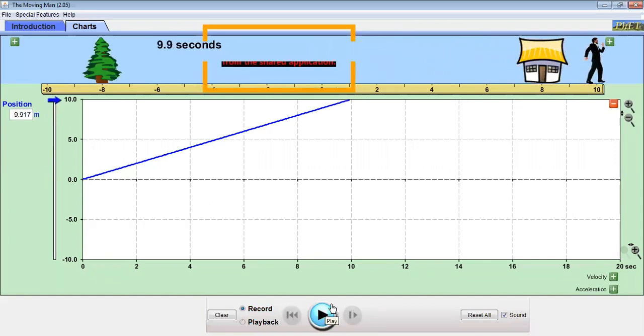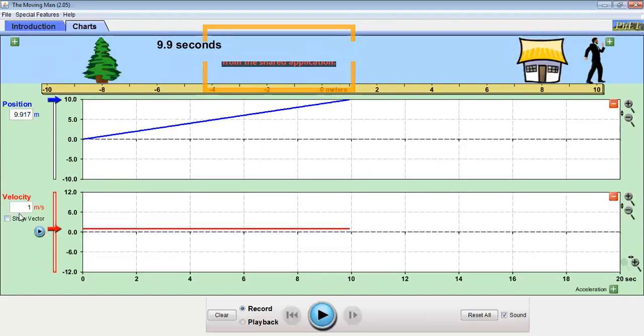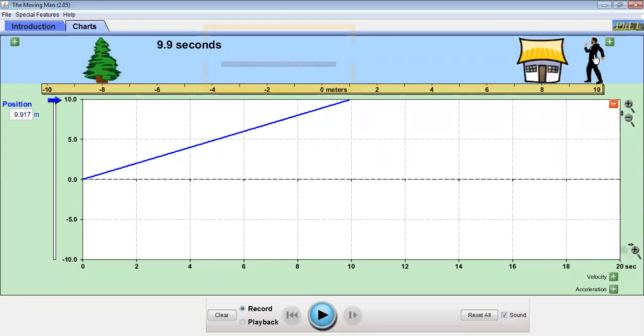Now I will make the object move towards the initial position. Now the object will come towards the initial position, but he will come with a faster velocity. So have you seen the direction? Look at the direction. The direction of the moving man has changed. And now see how it will be when the object is coming towards the initial position.